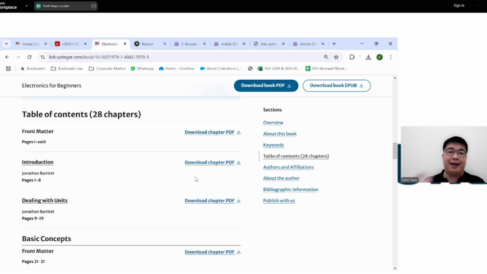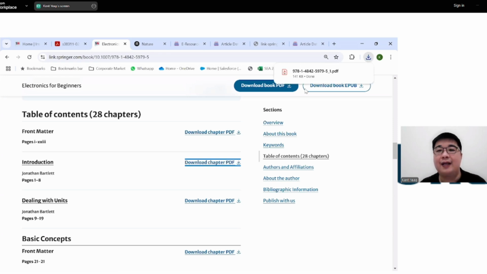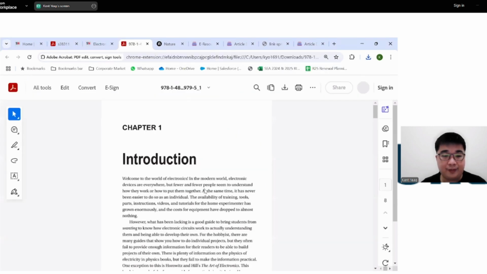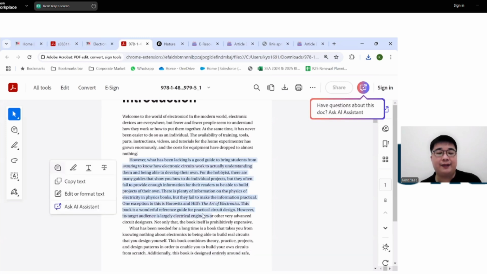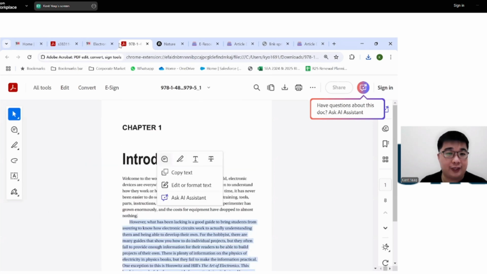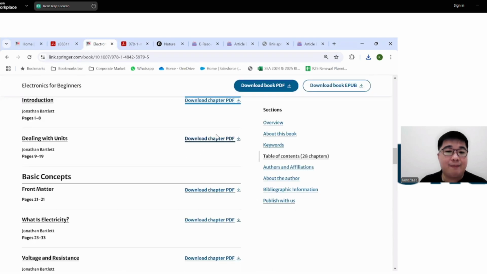So if you don't want to waste bandwidth, if you're not necessarily using the fastest Wi-Fi connection, and you don't need an entire copy of the book, you can always download individual chapters. You can always click it and download the PDF. And similarly, like what I showed you earlier with the journals, you would then see the PDF itself. Similarly, it's DRM free. You can highlight, select, copy, paste elsewhere, and please remember to do your citations accordingly. All right. And any number of people from within your organization can download the same chapter at any one time.